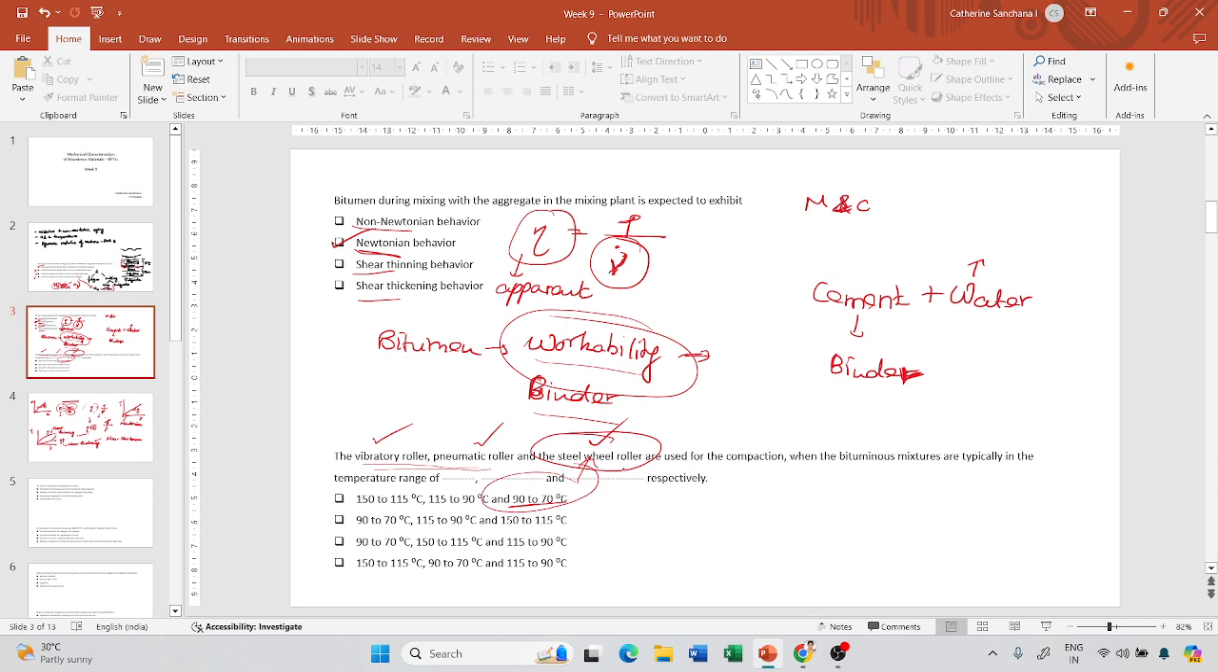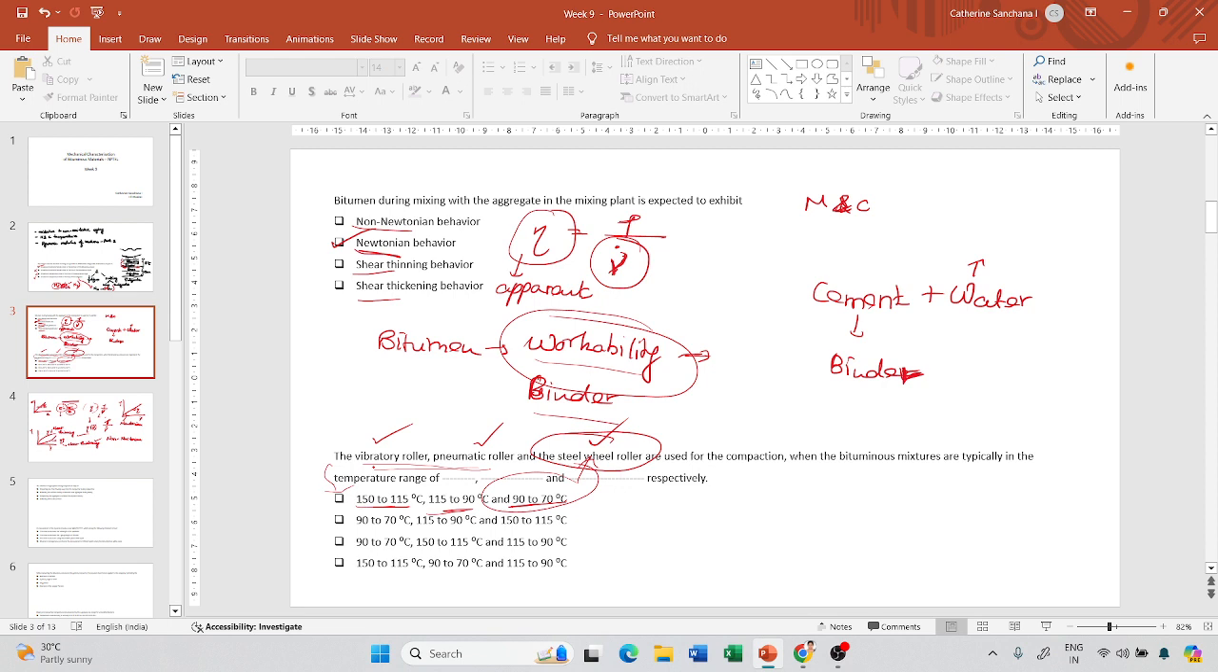In all the other cases, your lower temperature, your temperatures corresponding to vibratory or pneumatic rollers is said to be from 90 to 70, which is not the case. Also, the vibratory roller is the one which happens first, and after that the pneumatic roller. So from 150 to 115 degrees Celsius,